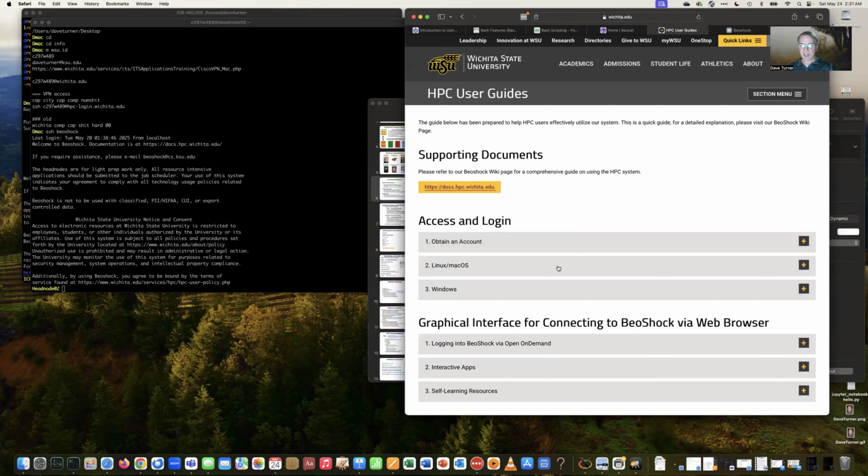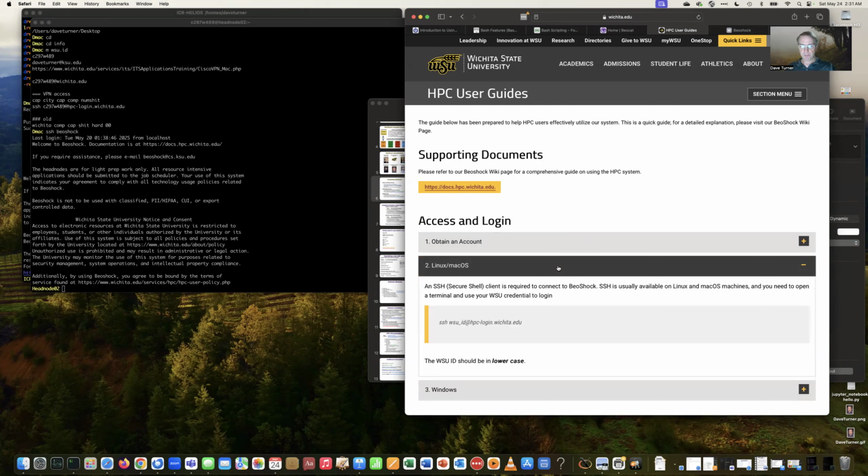Then there's also documentation here on how to connect. If you're sitting on a Linux laptop or desktop or a Mac, then you have a Linux terminal that you can open. On a Mac, for example, there's an app called Terminal, or I have iTerm2 that I like a little better that I've installed. On a Linux system, you just, again, open up a terminal window, and then you SSH in,